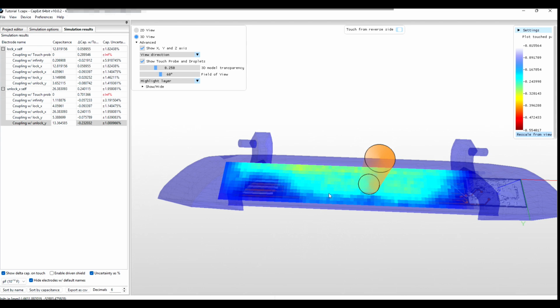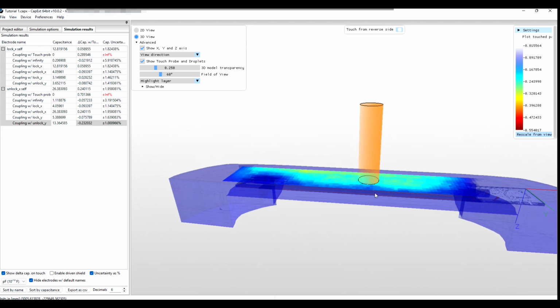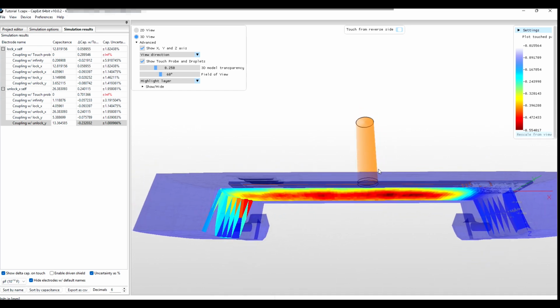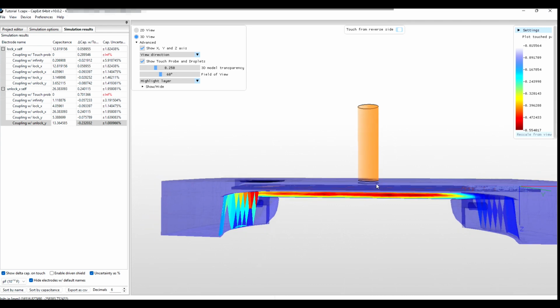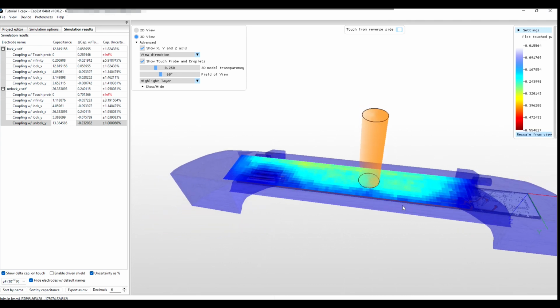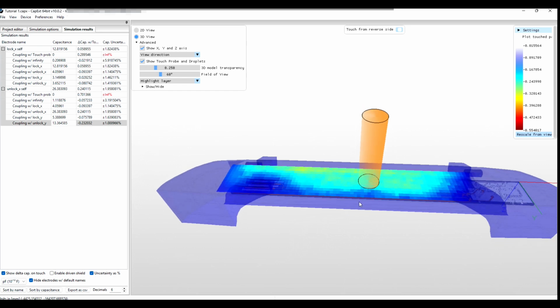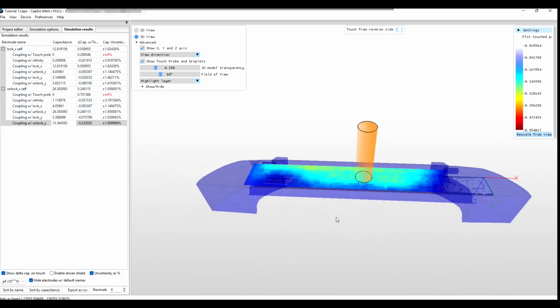Now, in the real world, there will be an air gap between the board and the plastic at this point, so it will be completely off. But in a normal door handle, that would be the case. But here, for simplicity, we just fill the whole thing with plastic, and this is what we get. But it means that even with this suboptimal mechanical design, we're going to be able to distinguish between a touch on this side and a touch on this side of the PCB. So that all looks good, and